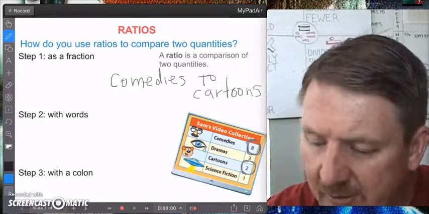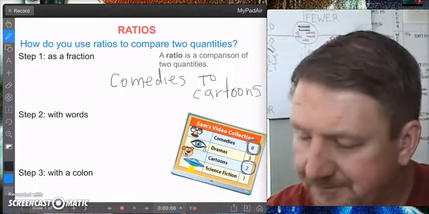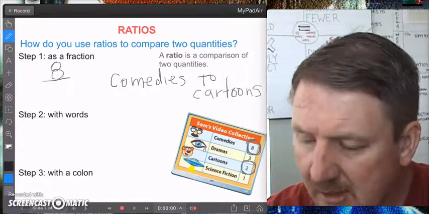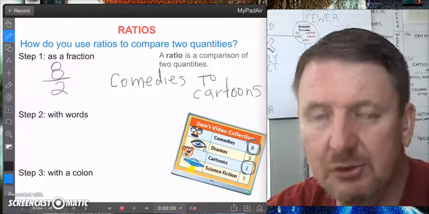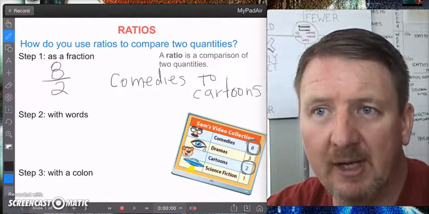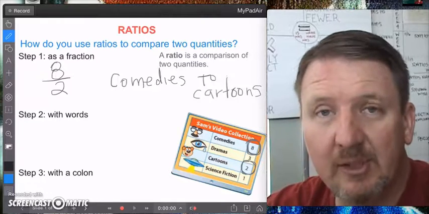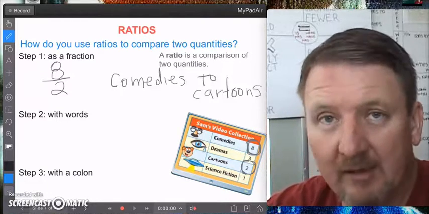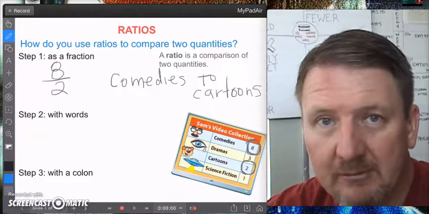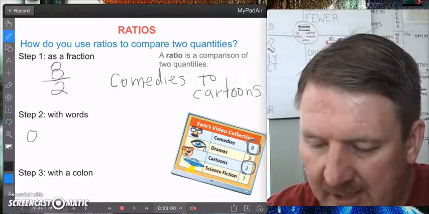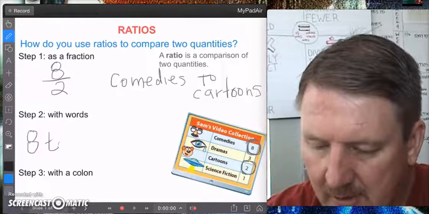The first way we would do it is write it as a fraction. So I have 8 comedies compared to 2 cartoons. So that's the first way we can compare it, as a fraction. The next way we can compare it is using words. The most common word used to compare two different things is the word to. So we would compare 8 comedies to